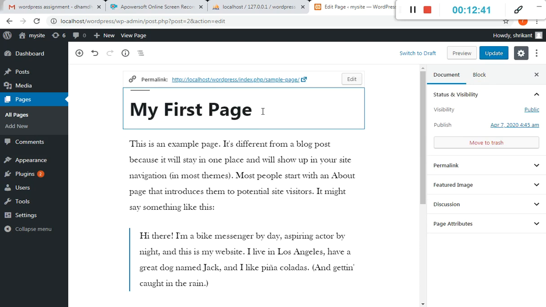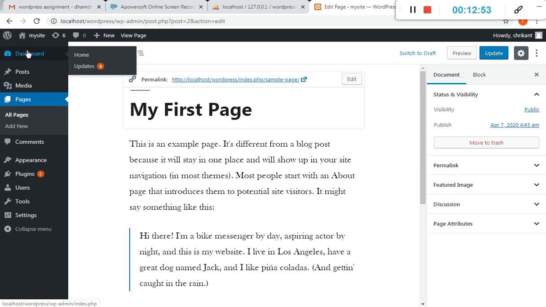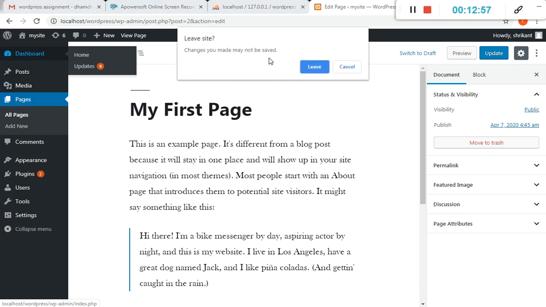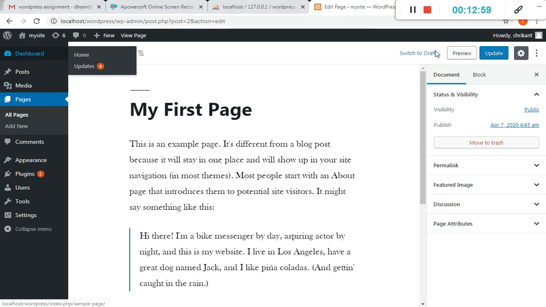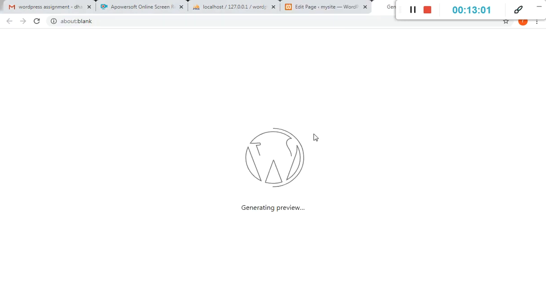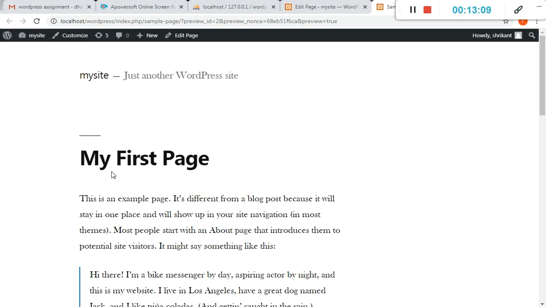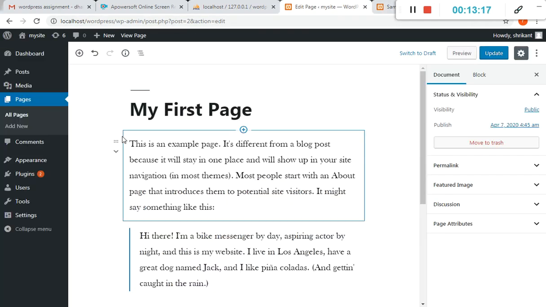If you want to hyperlink as a local WordPress index page sample page as a link, then dashboard cancel, you want to again switch to preview the content. If you want to preview it, you just change the page content, that means change as my first page, right? Then again